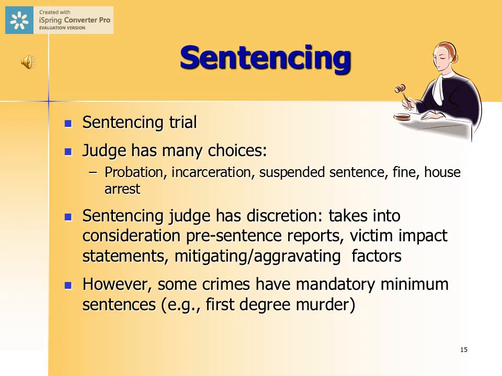Now, while a sentencing judge has a tremendous amount of discretion, there are certain sentences that have a mandatory minimum sentence. In other words, a judge has no leeway as to the sentence that he or she can impose. So the most obvious example is first-degree murder. A first-degree murder comes with an automatic prison sentence of 25 years, and a judge cannot deviate from that. They can't make it longer or shorter.